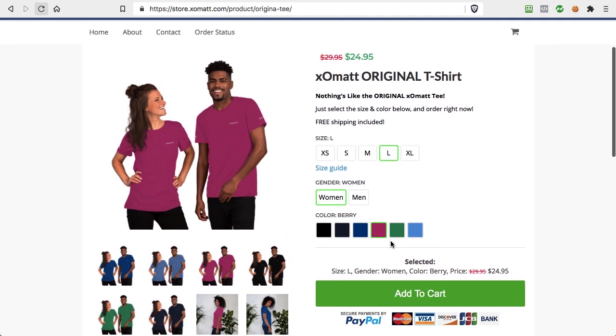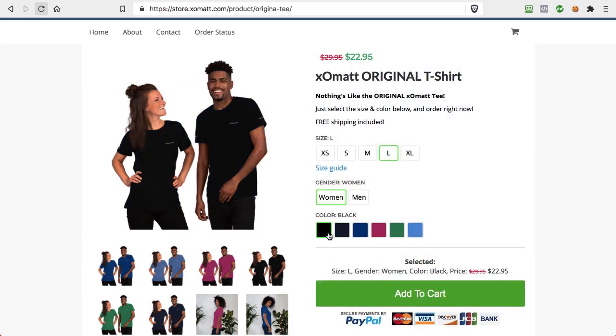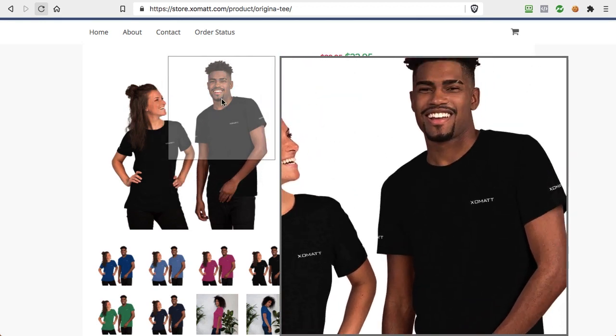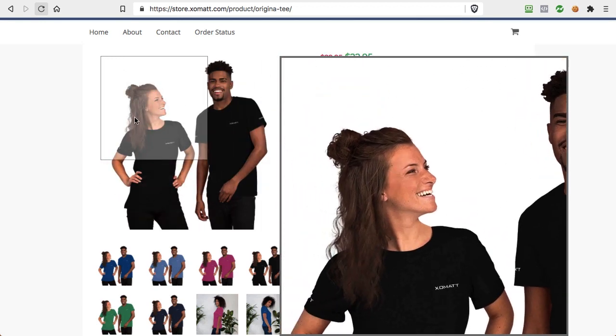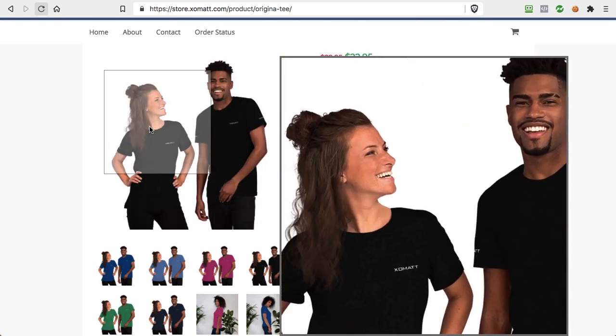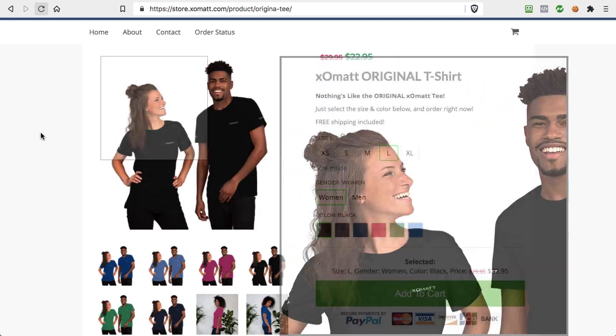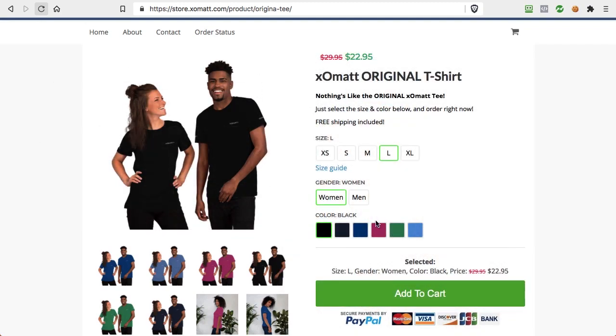And as I'm clicking on these different colors, the actual image right here changes. And this is really important because people want to see, and this is also a feature called pinch zooming, how the product will look like, right? As closely as possible, and the exact color or exact style that they want.